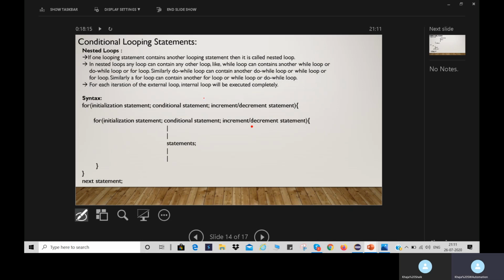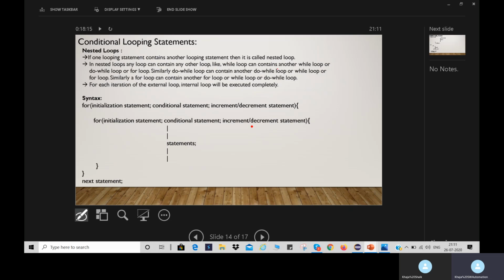And the next concept is nested loops. Nested loops means if one looping statement contains another looping statement, then it is called a nested loop. The loop that contains another loop is called the outer loop, and the loop that is inside the other loop is called the inner loop. In nested loops, any loop can contain any other loop.